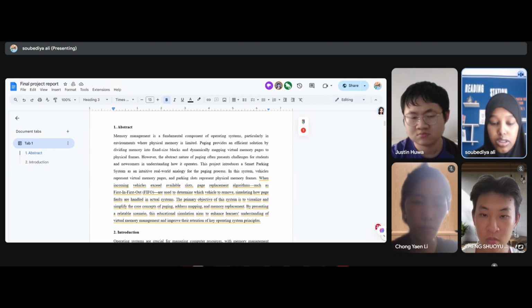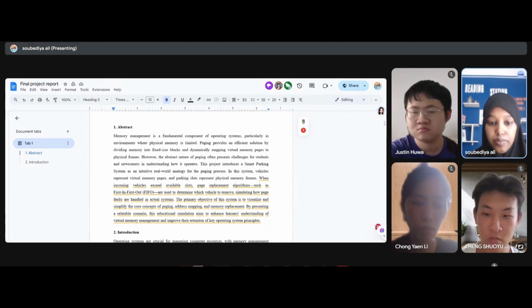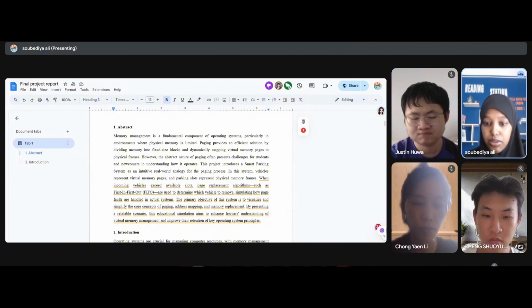Also, this is the problem statement. Students often struggle to understand how memory is managed in real life systems. So how does address translation work, what causes a page fault, and why do we need replacement policies? So to solve this, we use the real